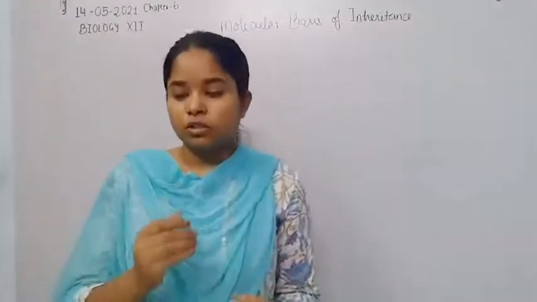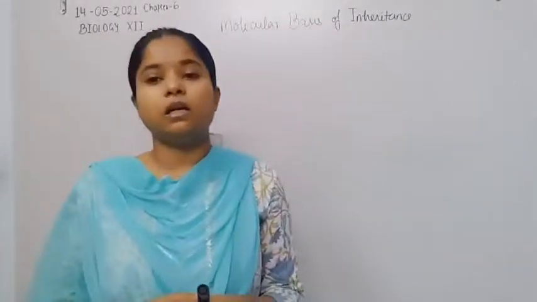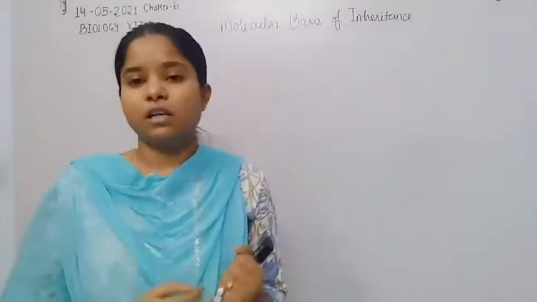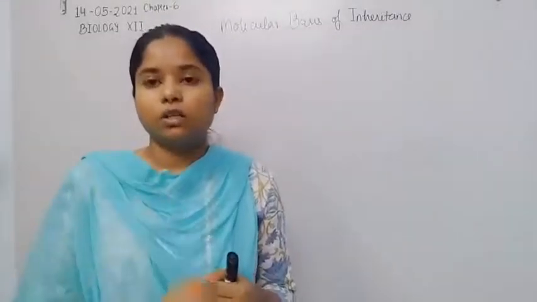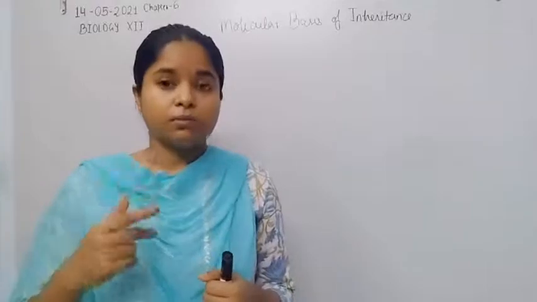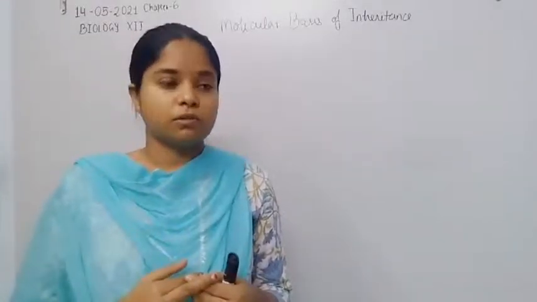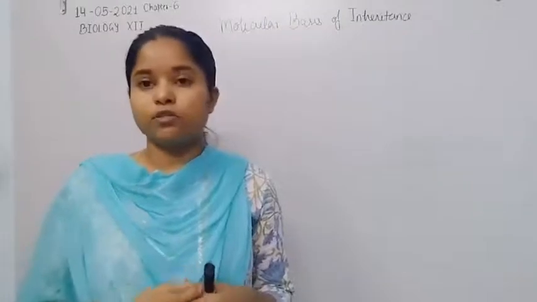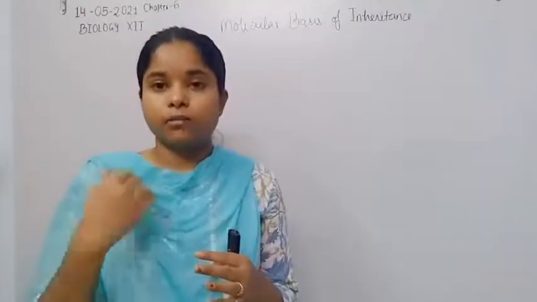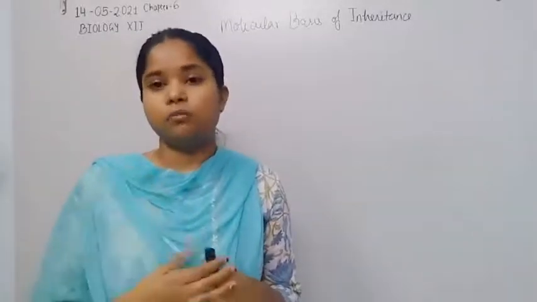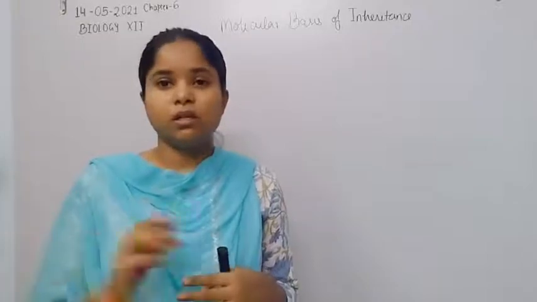In the previous class we already discussed the structure of DNA and the characteristics of DNA, where B-DNA is a right-handed DNA. The distance of one coil of DNA is about 34 angstrom, the distance between two nitrogenous bases is about 3.4 angstrom, and the width of DNA is 20 angstrom. If we consider it in meters, then it would be 2 nanometers.